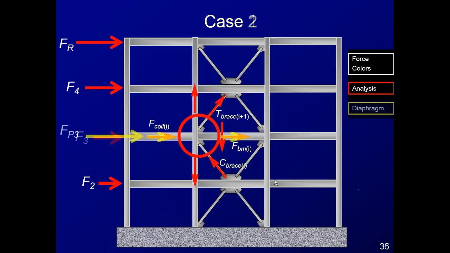Now the case 2, we're swapping out F sub P at this level for the F sub I at that level. So we're increasing the force coming in at this level. So we're no longer in static equilibrium at this connection. If you do the sum of the forces in the horizontal direction, you're probably getting extra force going to the right. So what we're going to do as an adjustment,